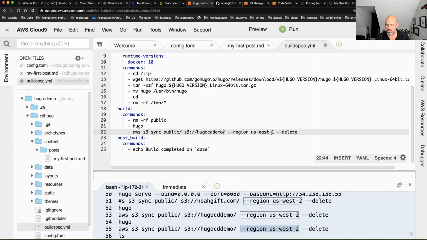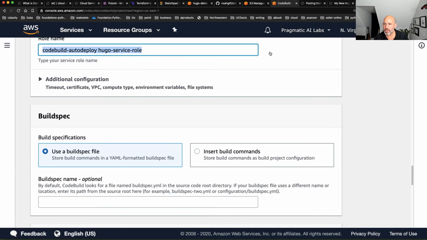So I'll just say US West 2. Let's just do everything the same way I did it before. And also, let's just double check here that this is Northern Virginia. So will it let me copy to the West version or not?